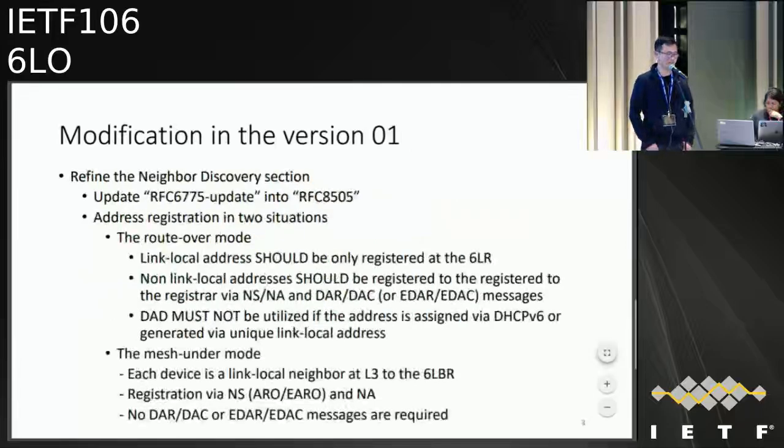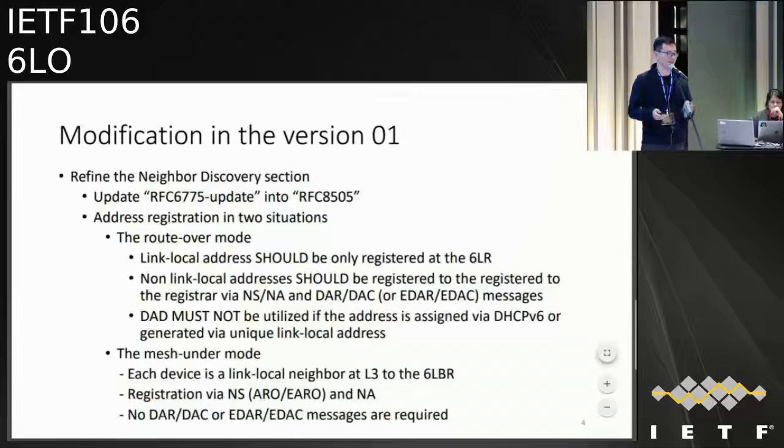And we have done some updates to the neighbor discovery section. One of the updates is to update RFC 6775 to RFC 8505. And we have divided the address registration into two situations. One is the route-over mode, and the other is the mesh-under mode. In the route-over mode, the link-local addresses should only be registered to the 6LR, which is the router. And the non-link-local addresses should be registered to the